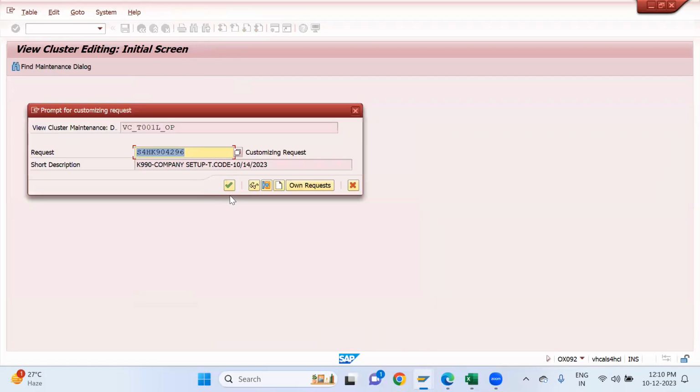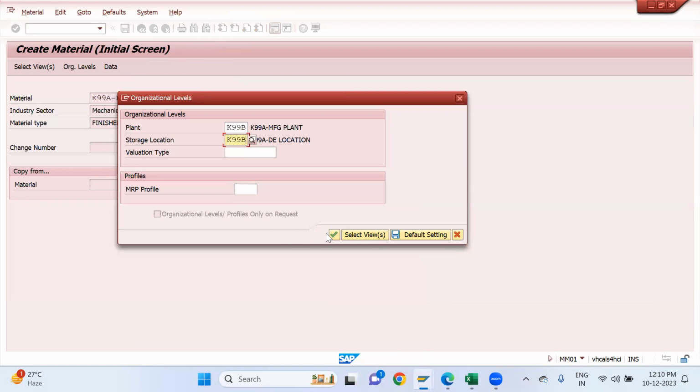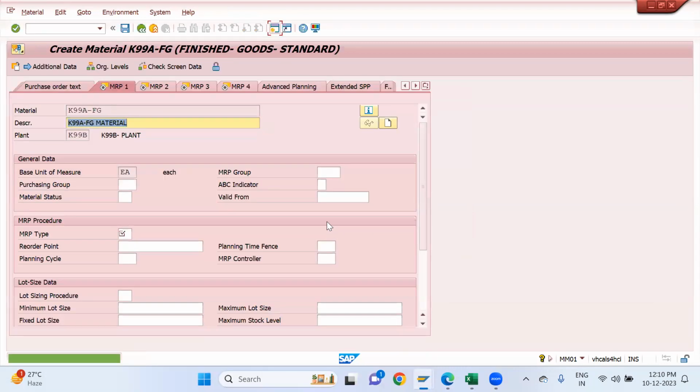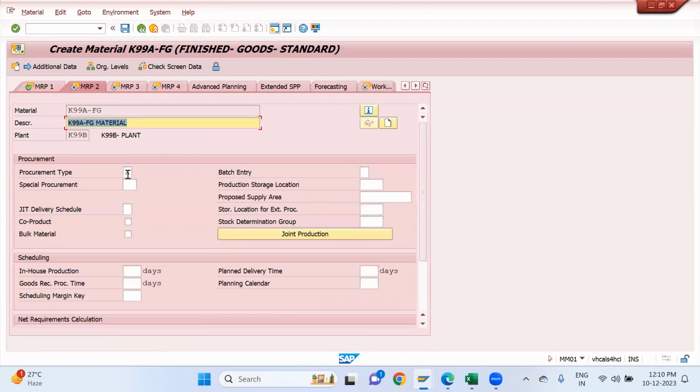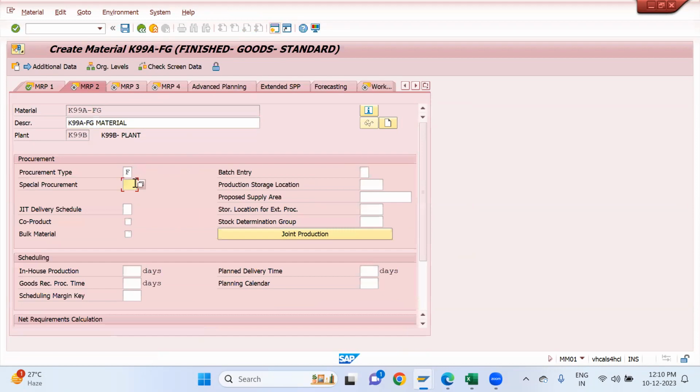Save. It's K99B. Enter. Everything is okay. And here MRP2. This is the procurement, external procurement, but not a